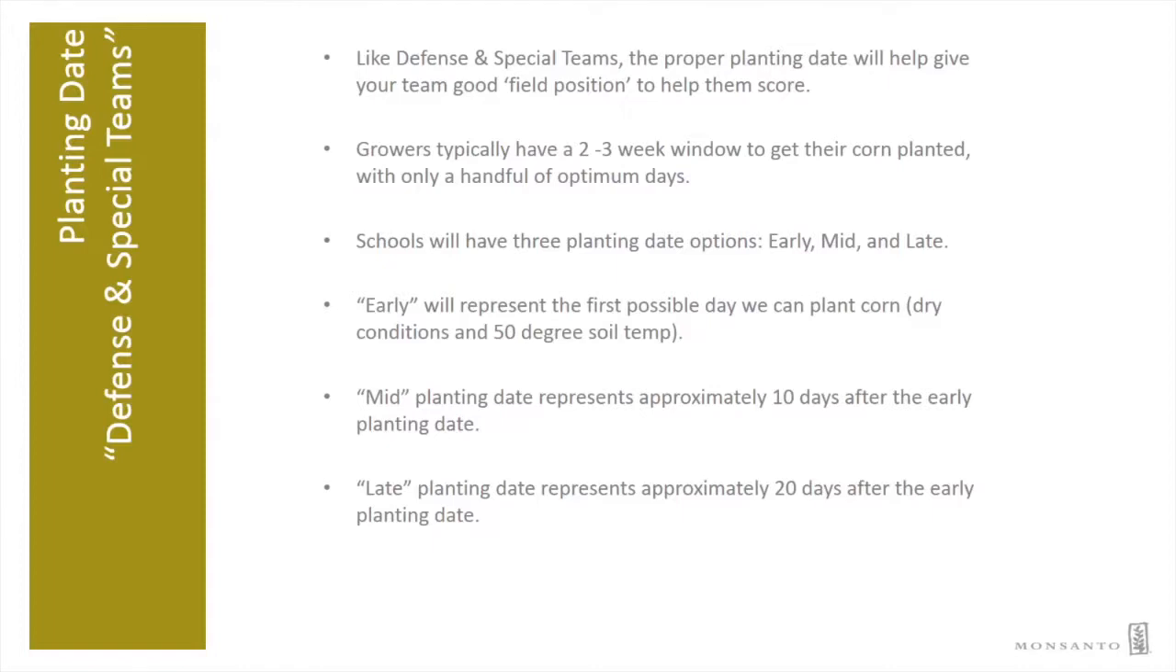Next is the mid-planting date. The mid-planting date is typically the first part of May, or essentially 10 days after the early date. So it'd be that second wave of planting dates, or that second wave of rush after a lot of the weather events have already passed. We see a good trend in the forecast, and then we hit it really hard and get all of our